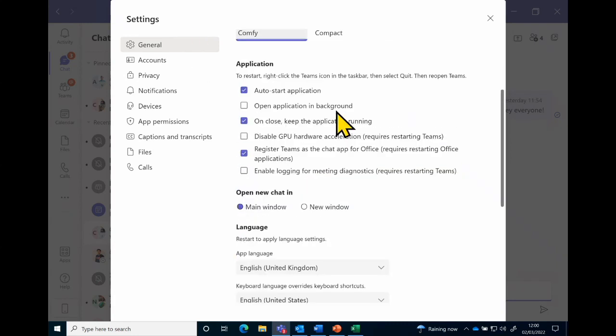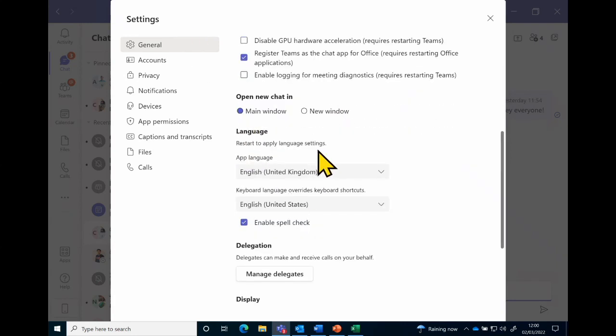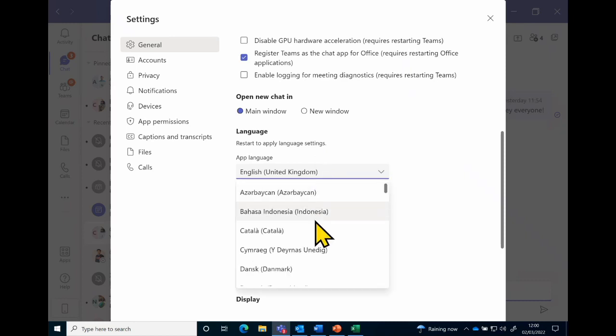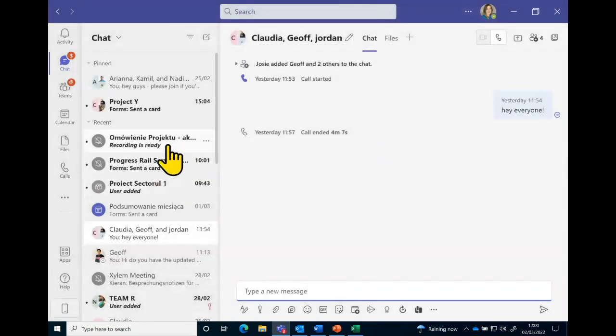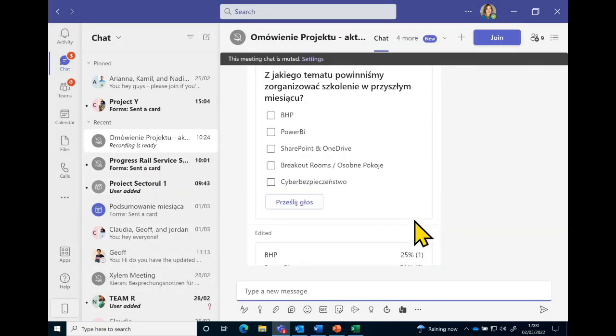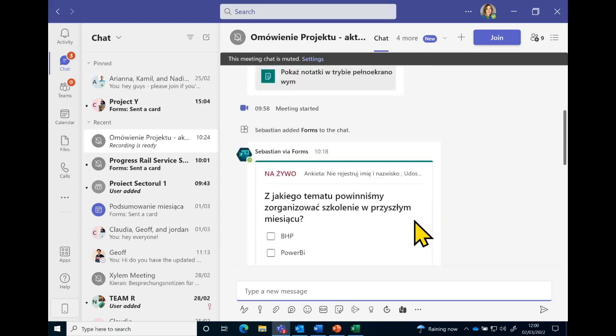Also, in general, if we scroll down, there is a language area. So each user can set their Teams language to be their native tongue within here. There's over, I think, 60 different languages available now. And the other thing about the languages is when you set up a language, when someone sends you a notification that might be in a different language or a message in a different language,